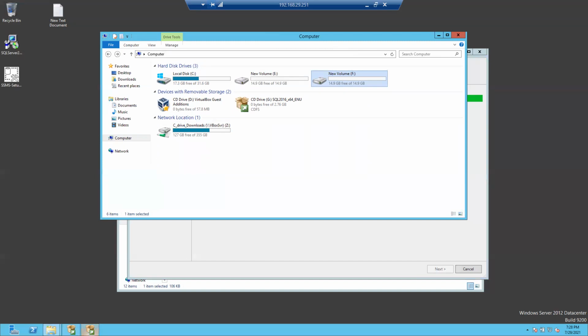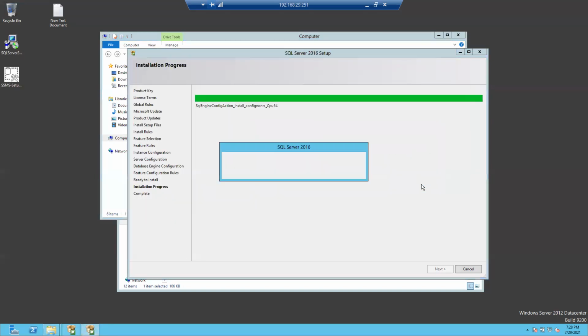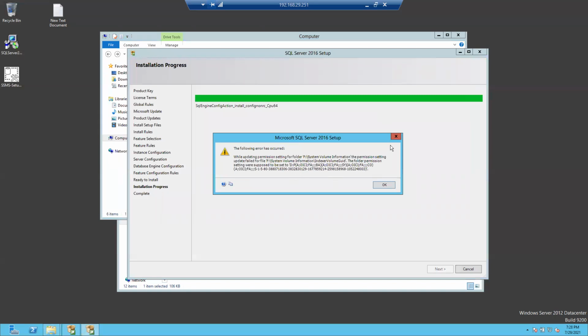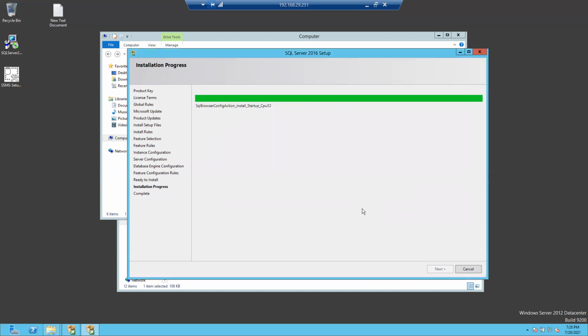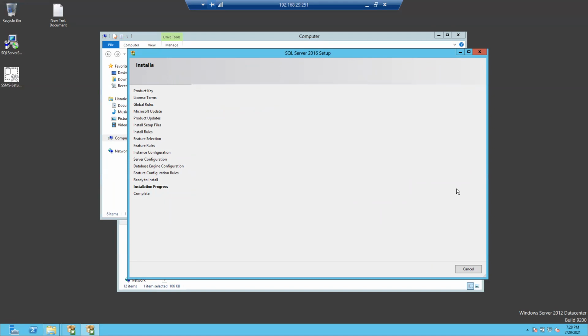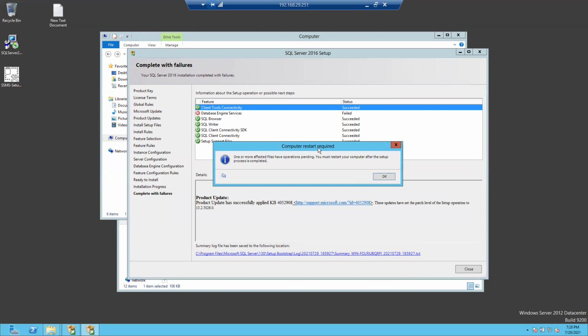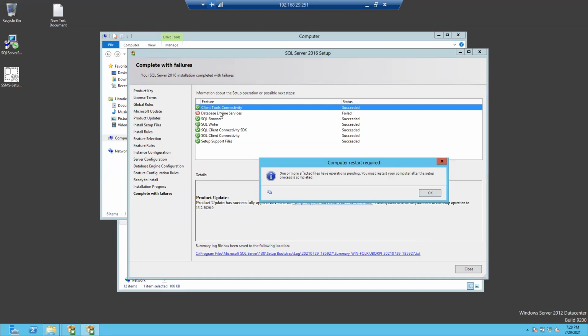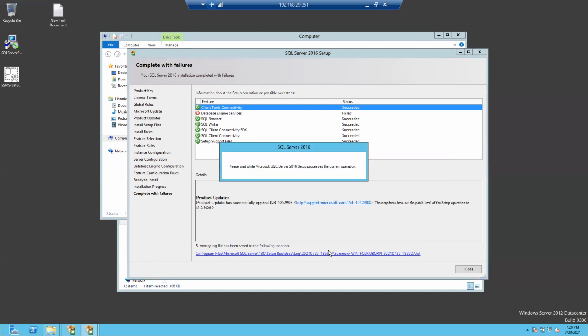Okay, we'll do one thing. The F drive got corrupted actually. So it failed because of the files which I'm trying to create. You can check this failed message as well.